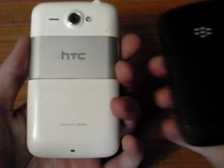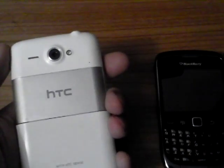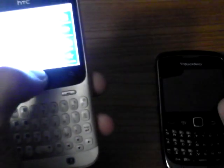So the camera's here, 5 megapixel with flash, no flash, and a 2 megapixel on the Blackberry. I wish the Blackberry had a better camera, which would do me a hell of a lot better. So yeah, where's the charging port? The charging port is on both sides, but on the HTC it's at the bottom, on the Blackberry it's at